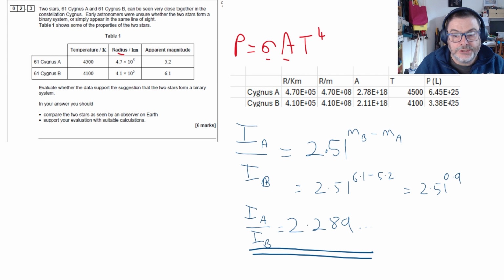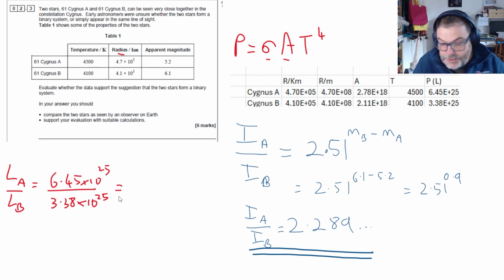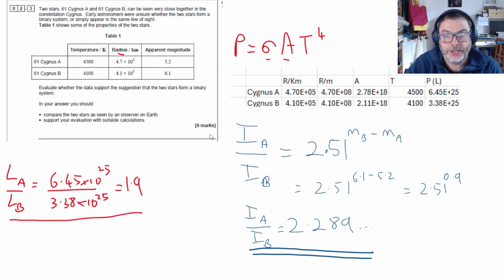Now let's consider what's leaving the stars. So the luminosity or power of A over the luminosity of B is just those two figures at the end now. So 6.45 times 10 to the 25 divided by 3.38 times 10 to the 25. And that equals 1.9. Since the energy leaving Cygnus A is about twice as much as leaving Cygnus B, and the intensity arriving at planet Earth is around about twice as much for Cygnus A as it is for Cygnus B,